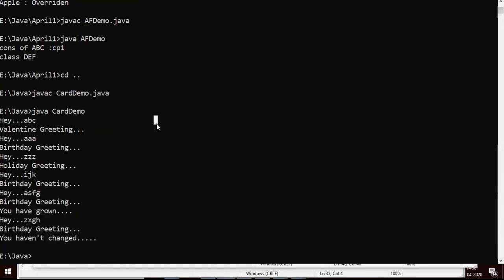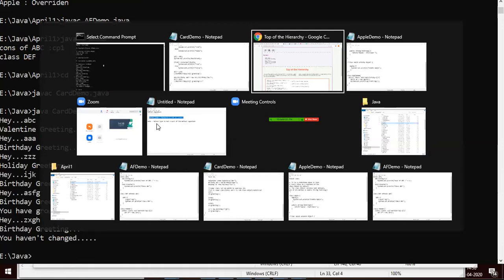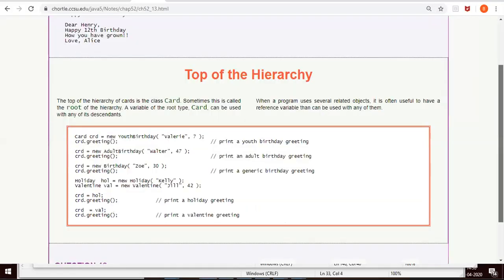So I'll share this code. You can check and try. Okay.